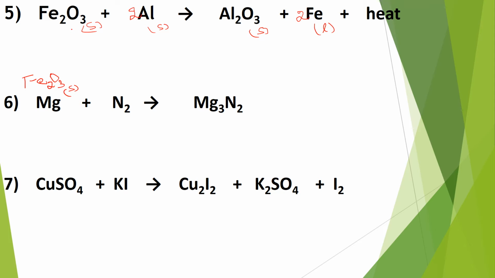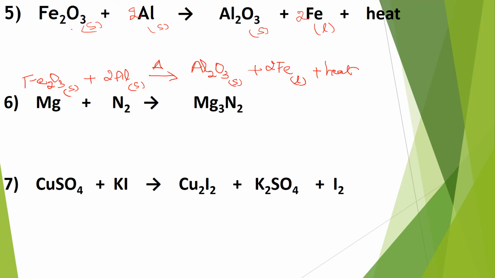Fe2O3, which is a solid, combines with the 2 aluminum molecules, which is a solid again, on heating to form Al2O3, which is a solid, plus 2Fe, which is a liquid, and excessive heat is released. So this is already known as the thermite reaction. Excessive heat is released. So here the iron formed is used for molding the railway tracks.